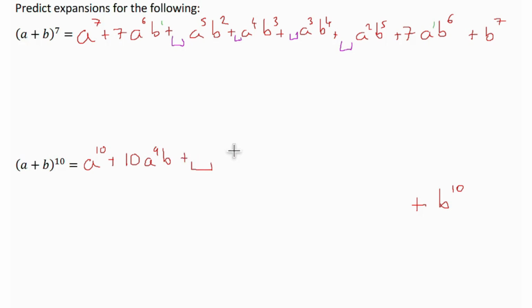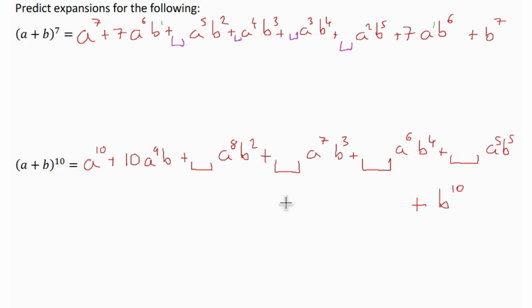And then something times a to the power of 8b squared, and then something a to the power of 7b cubed, some coefficient a to the power of 6b to the power of 4, some coefficient a to the power of 5b to the power of 5,